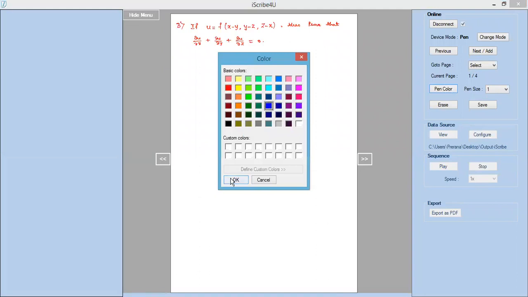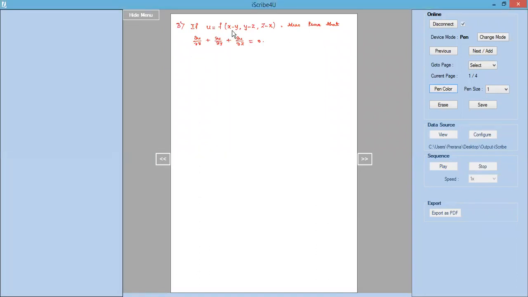So very firstly, let us assume u as a function of say p, q, r. And we observe that p is x minus y, q is y minus z, r is z minus x. So p, q, r are in turn functions of x, y, z. So there arises the composite function property. So we will be able to apply the chain rule concept and write down the formula for them. So let us do the solution.